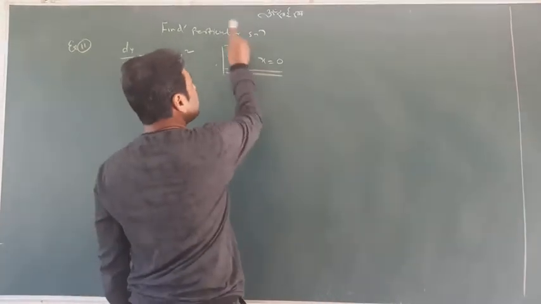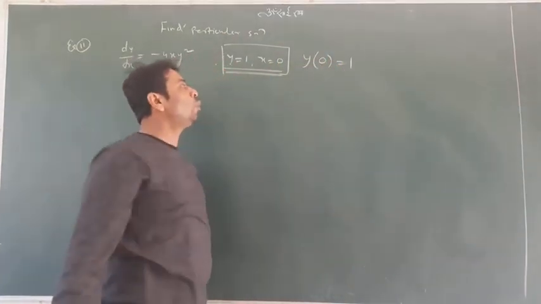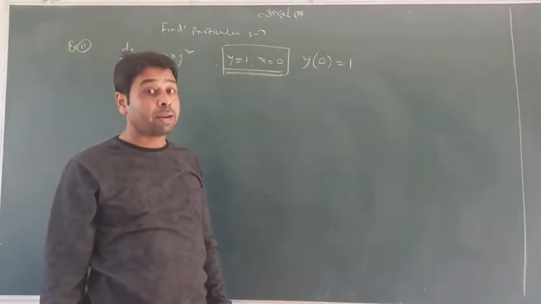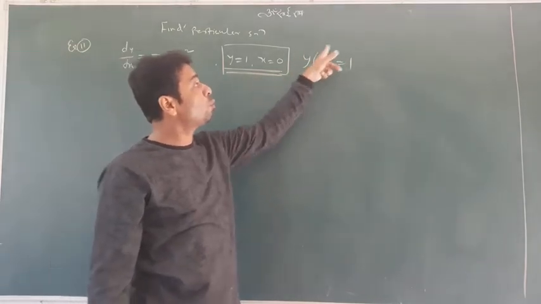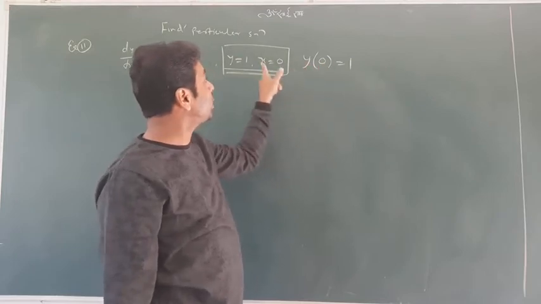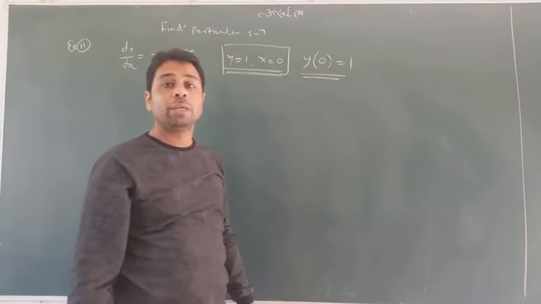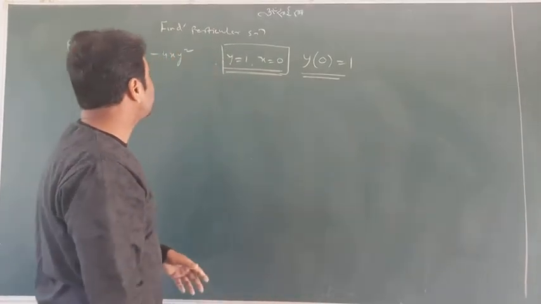Instead of that situation, you also may have it like this. Keep in mind this very important language I am telling you. This language may come instead of this. It also means x equal to 0. For x equal to 0, y equal to 1. So one of these two languages may come. It was my duty to tell you. Please remember this.